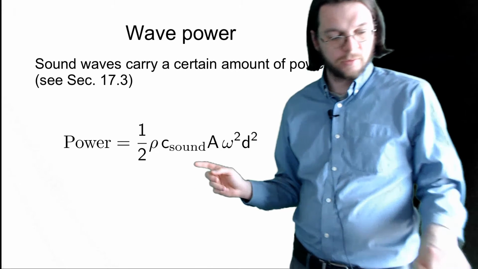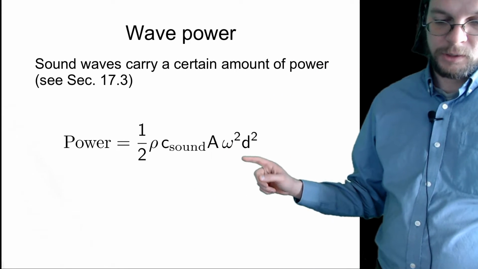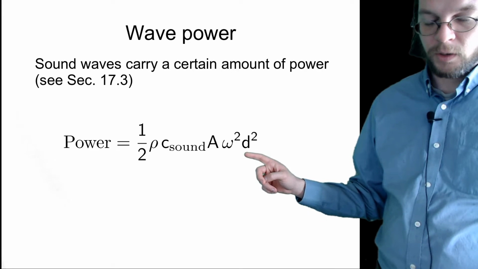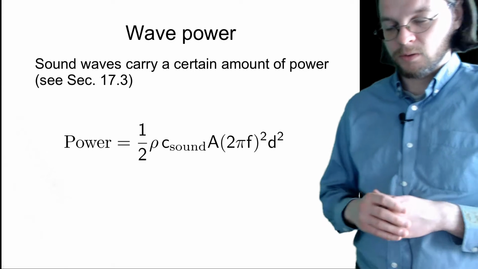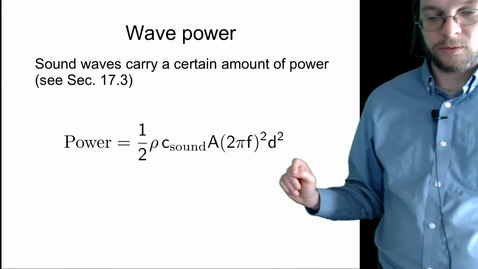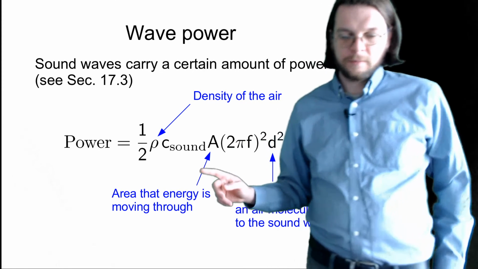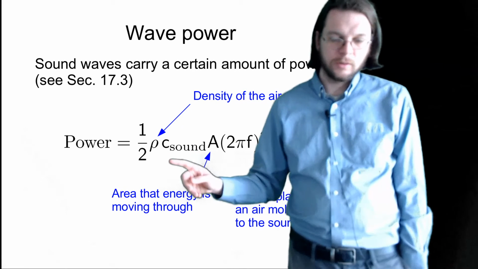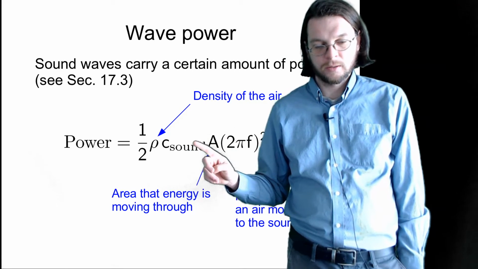So this is the formula for that, and this is the angular speed in radians per second for the sound waves. Because we're talking about sound, we're probably going to switch this to just frequency pretty quick. And then there's various other terms here that I'll explain. So one of the terms here is the density of the air, and that one is there because